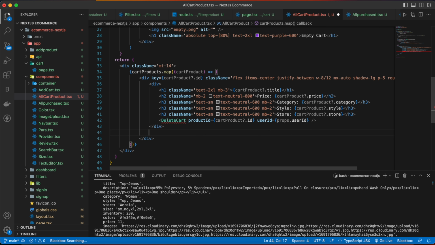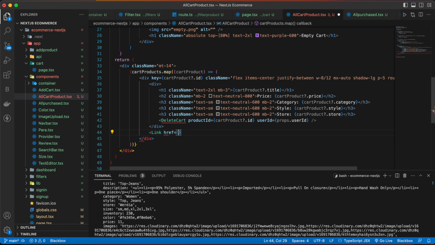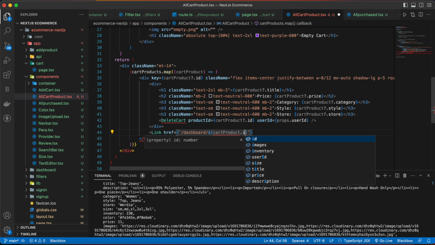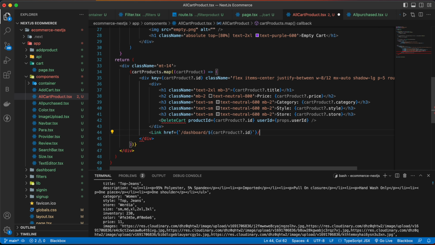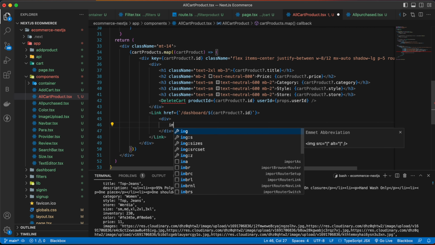Below this div we are going to use a link, and the href will be slash dashboard slash cart product dot id, and now close this. And now inside this link we are going to have a div, then an image,